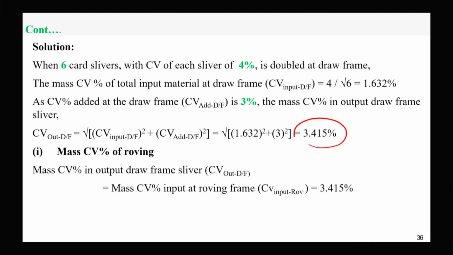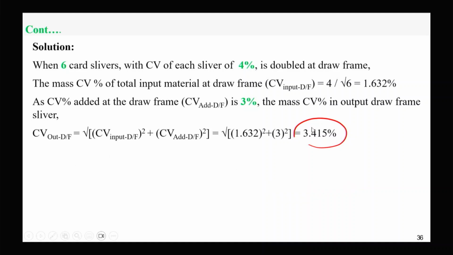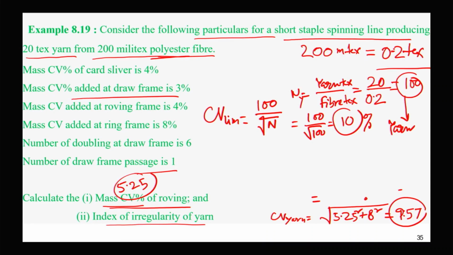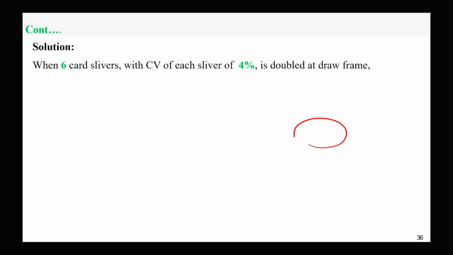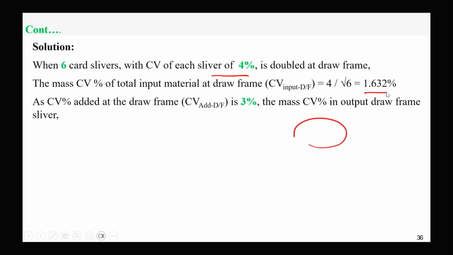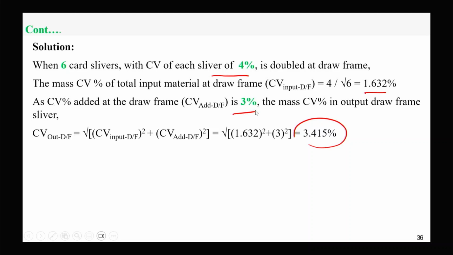Now 6 card slivers were there with CV of each sliver 4. So when it is doubled, we get 1.632%, and then added again 3%. So we get 3.415%,